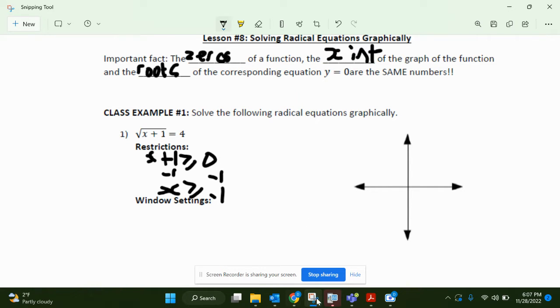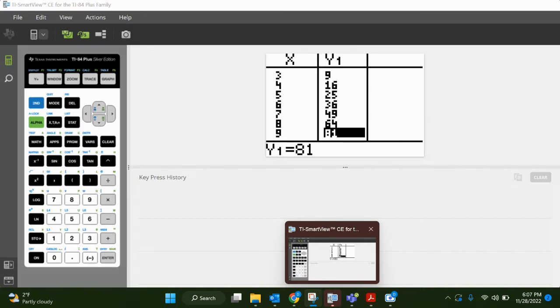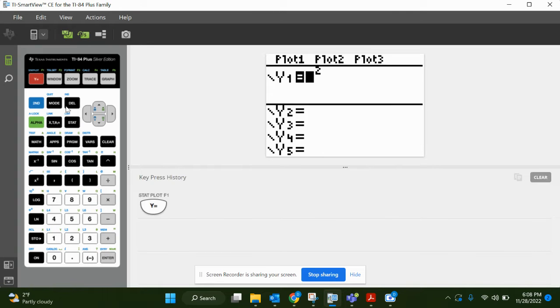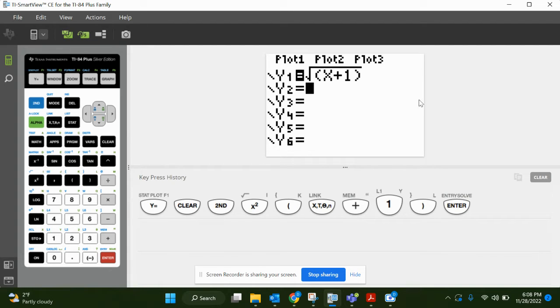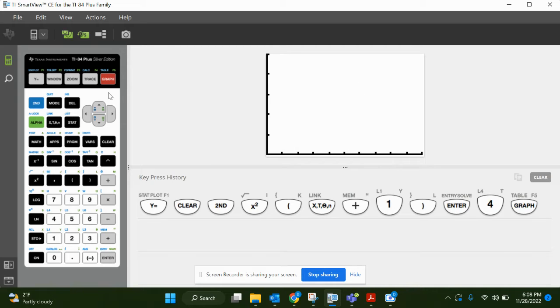Now we're going to go into our calculator and graph this. So we're going to hit y equals. I'm just going to clear this. For the second function, the square root of x plus 1, and I'm just going to put that in brackets just to be safe. And then for my y2, I'm going to put y equals 4, and that's going to create a horizontal line along 4. So if we graph that,